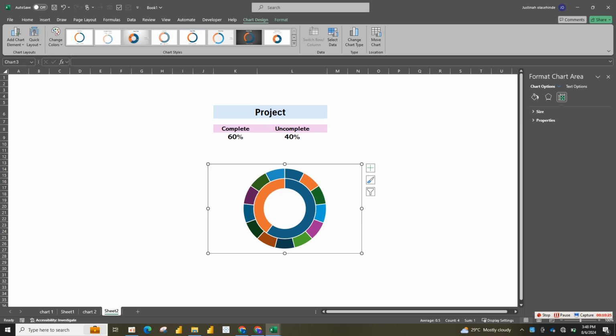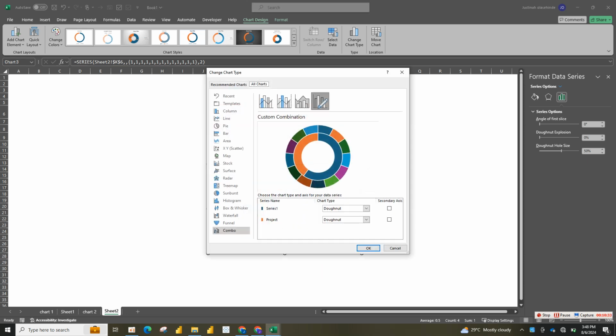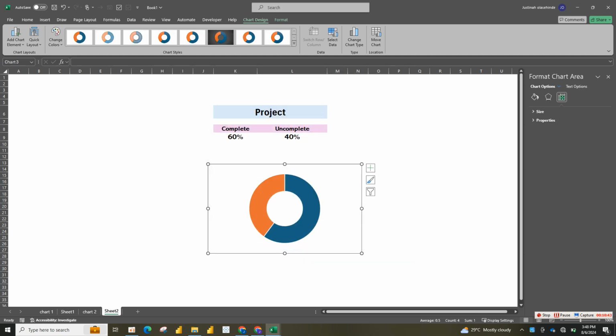Then I will right click on the chart and select change chart type. I will make this series 1 as secondary axis. So make it as secondary axis. Can you see now? So now I will format the new chart and change the data series that you selected